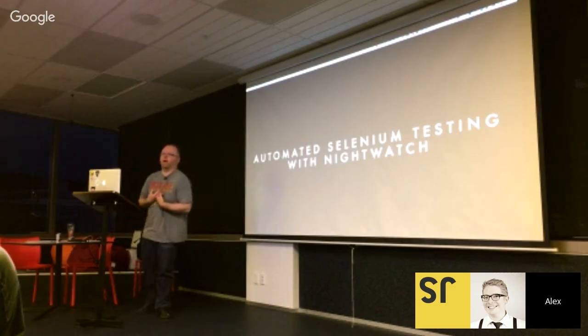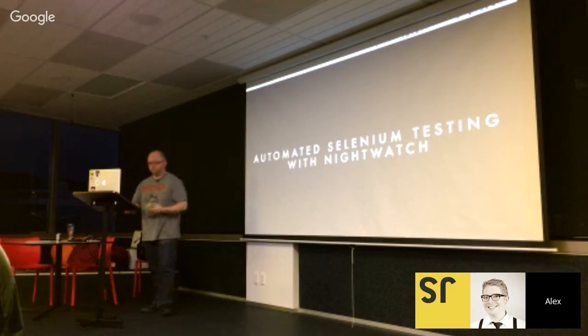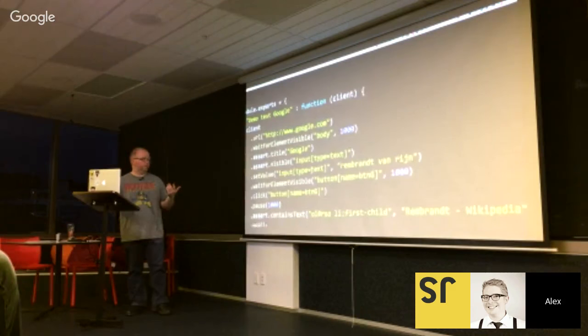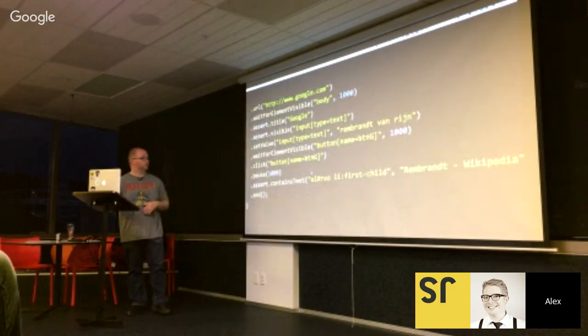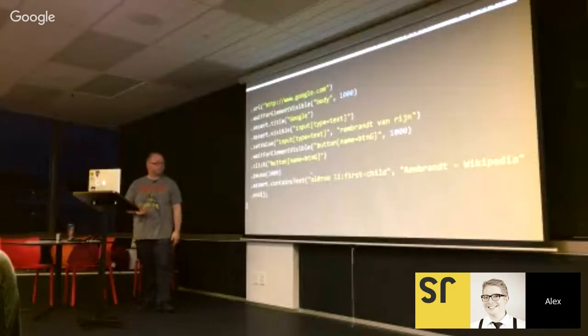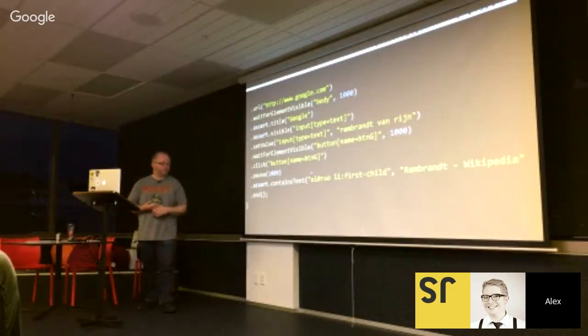I want peace of mind when I do a deployment. So I want to write some JavaScript that's going to test my server. Again, this just goes to Google and tests something. But that's the gist of things. You tell it to wait till something's visible. You can set values in different text boxes, and you're good to go.